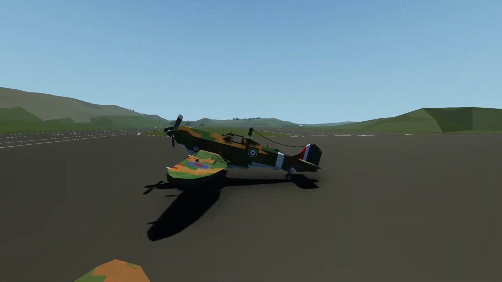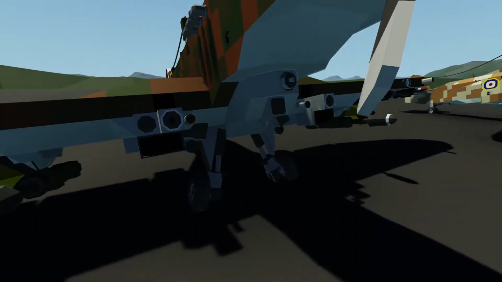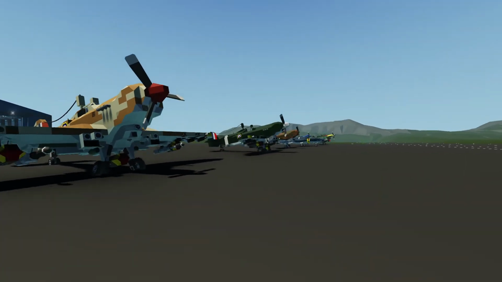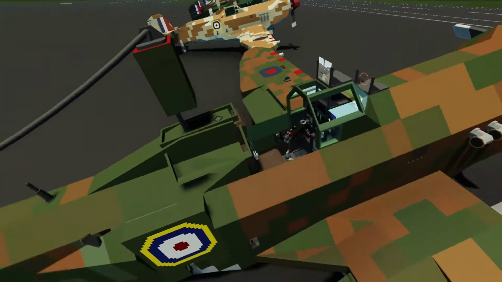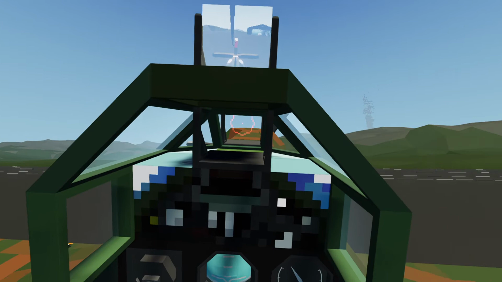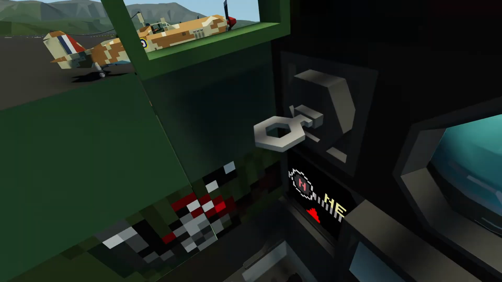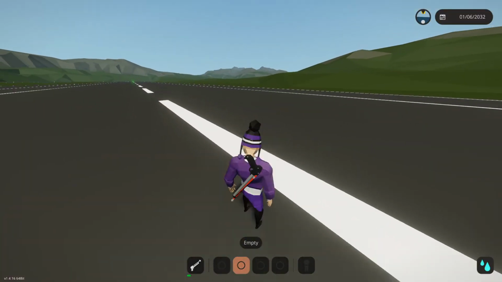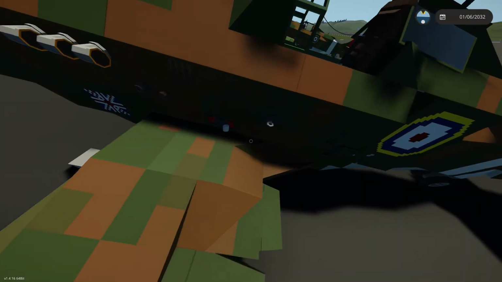So basically, this Spitfire is the same as this one, except slightly different. This one has bombs, because you can see my Spitfire has RP-3 rockets and bombs. All these ones here do, except the old one. This Spitfire has its canopy open. It has a very intricate gun sight that I worked very hard on. It has a realistic cockpit. It has the compass, starter, and what's cool about this Spitfire is